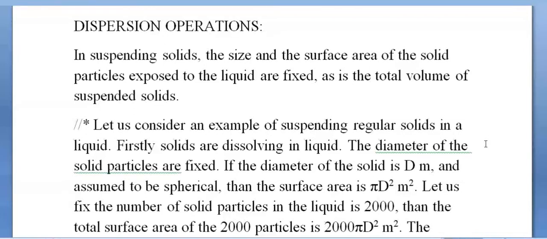Now what you do, slowly add the catalyst, because you are supposed to add the catalyst. Catalyst is a solid, and if the size of the catalyst is small, it's a good thing because its surface area is more. So if you add the catalyst, what will happen? Catalyst is a solid, so there is a chance that if the specific gravity of the solid is more, it may sink to the bottom of the container.